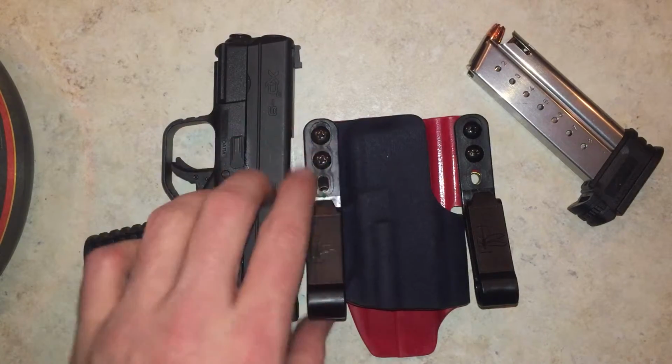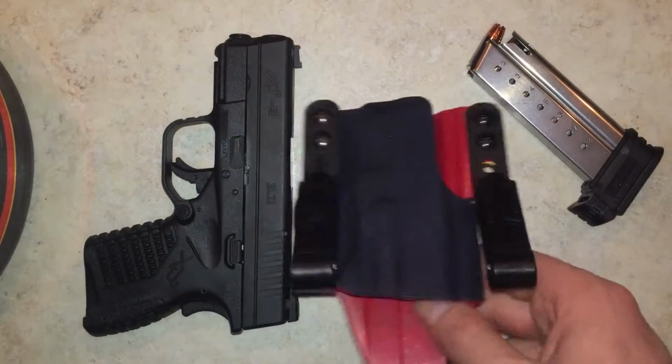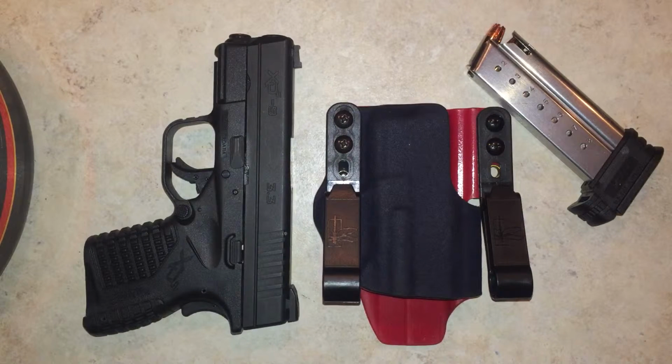That's why I got the appendix, Gary, thinking that, oh yeah, sure, it'd be comfortable, and he wears one. Shit, why can't I? But I did get it. I do like it. I could definitely see myself wearing this one more than other holsters,